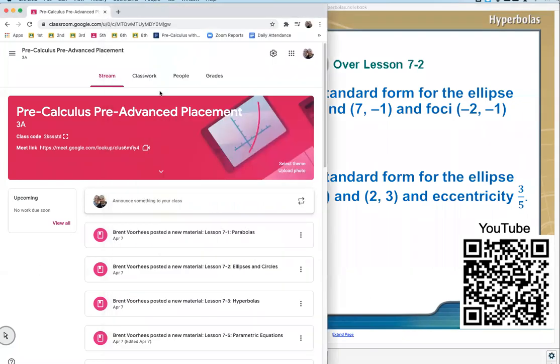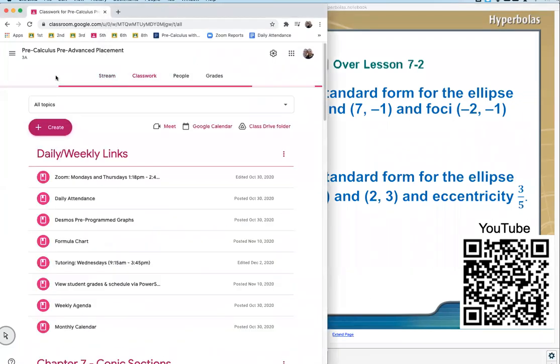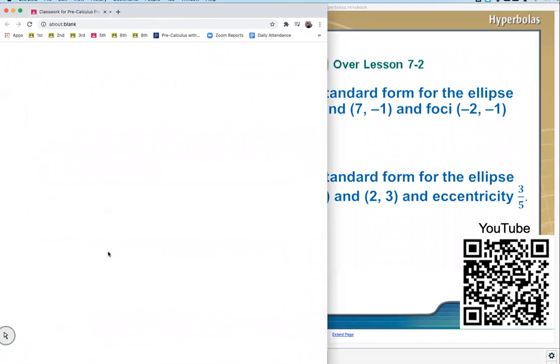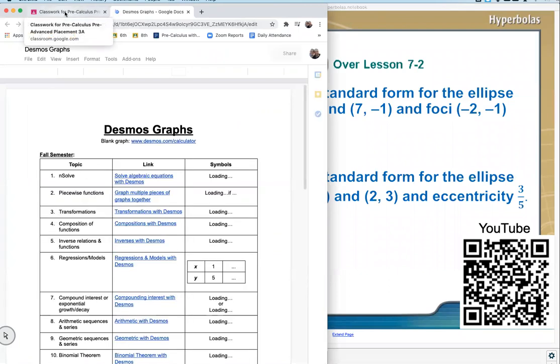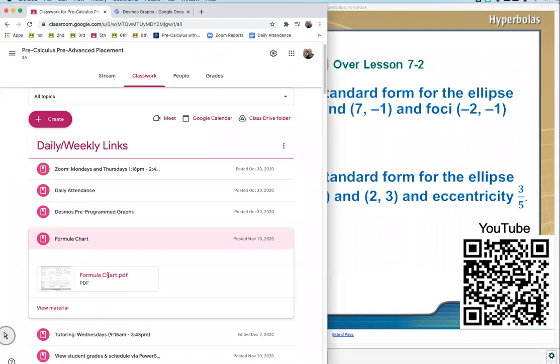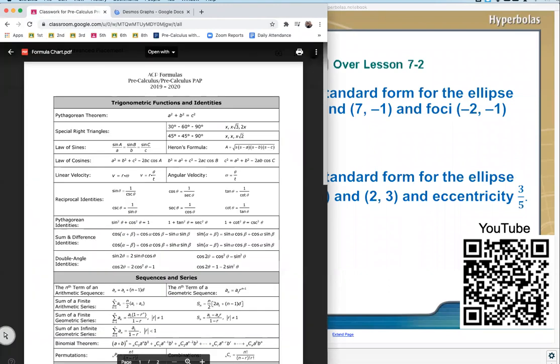The items we're going to need today, if you go to your digital classroom and go to your daily, weekly links, I'm going to open up the formula chart. We're going to use that heavily today, but before I even click there, I'm going to open up my pre-programmed graphs. So I'll have that open and available for later on. But truly, for the bell ringer, what I'm going to be using is the formula chart. So now I'm going to go open up my formula chart and